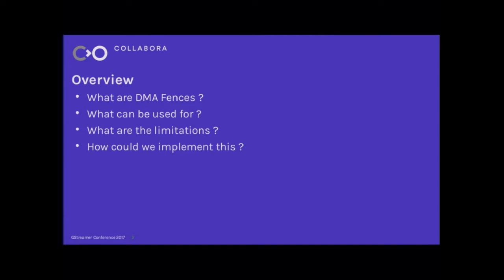So we'll go over what a DMA fence is, what it can be used for, and what it is used for, in fact, and what the limitation is for us in multimedia. So I'm really speaking from a multimedia point of view, and how we could actually make use of this feature